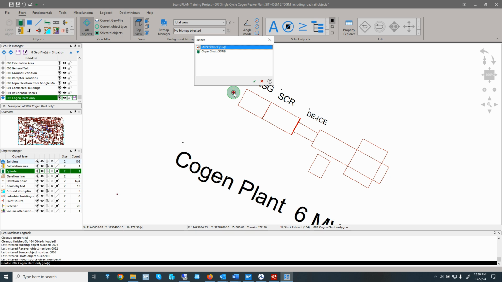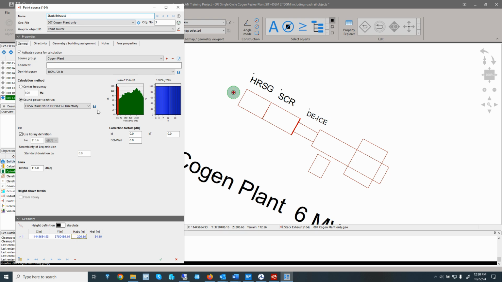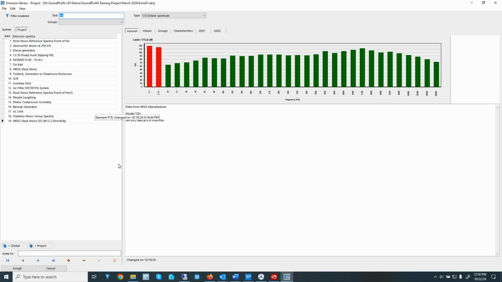So if you assign an ISO 9613 directivity to that point source, it will not combine that with the shielding effect of the stack. Still, it is recommended to put the point source above the stack, in case you are using other standards, so that it doesn't combine the directivity with the shielding effect.